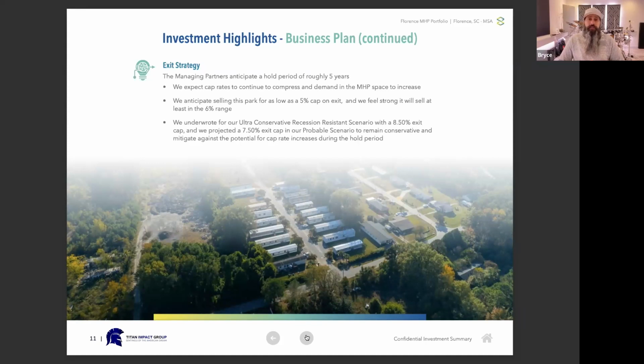for the mobile home park space to increase. Given that we could potentially be coming into a heavy recessionary environment, usually people scale down from housing and they go from single family homes to A-class apartments to B-class to C-class to mobile home parks. And we see that compression come down into the mobile home park space, which means that demand for affordable housing increases, which consequently often means that cap rates still keep compressing and demand keeps increasing in the mobile home park space. And we believe that we could still sell for a 5% cap rate on exit in 5 years from